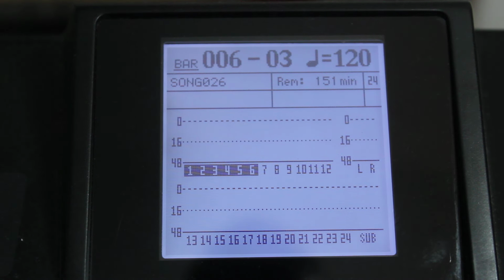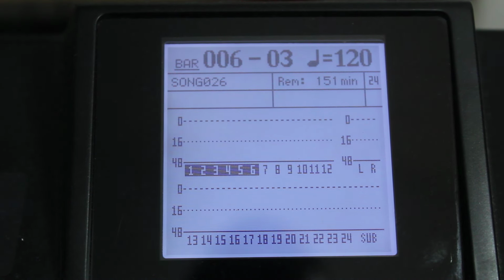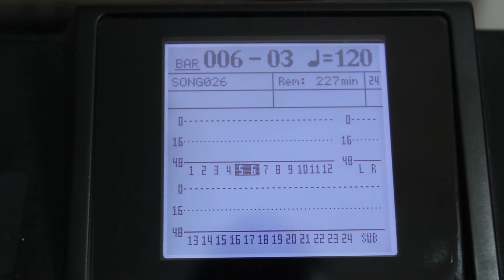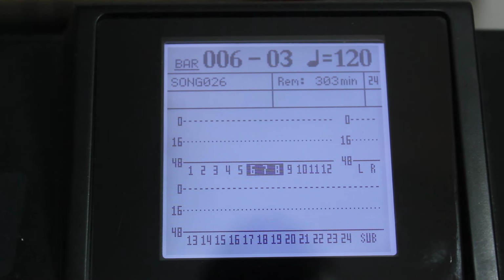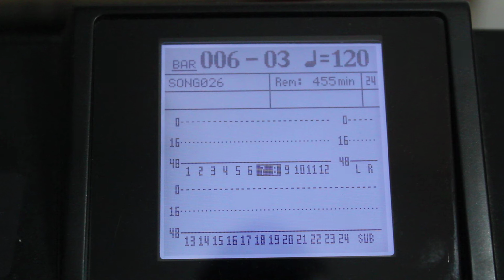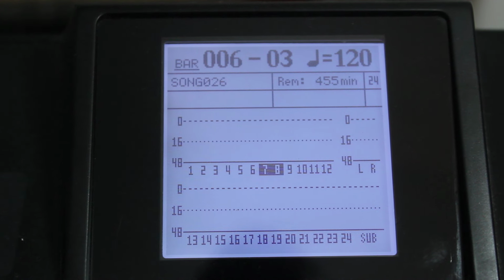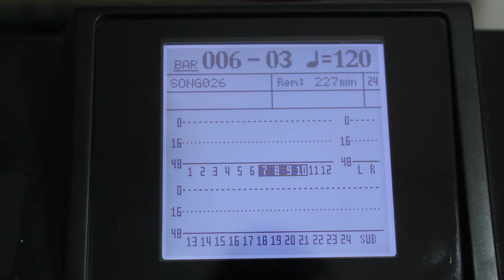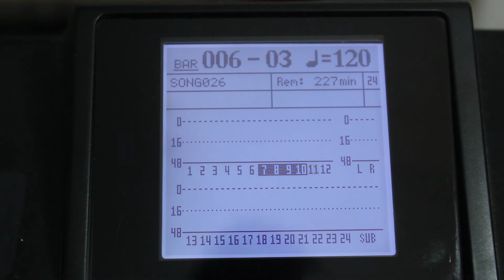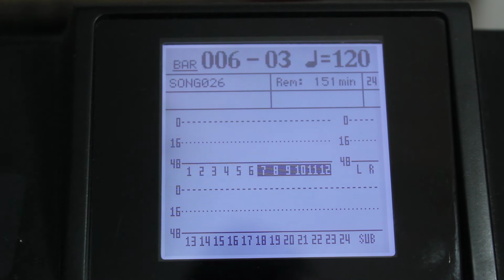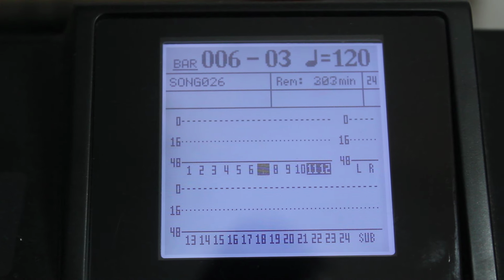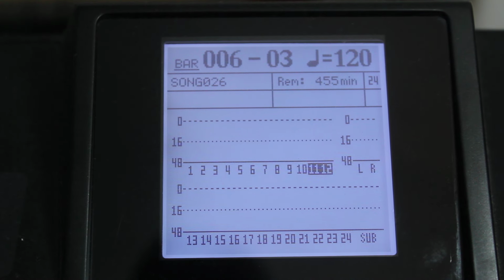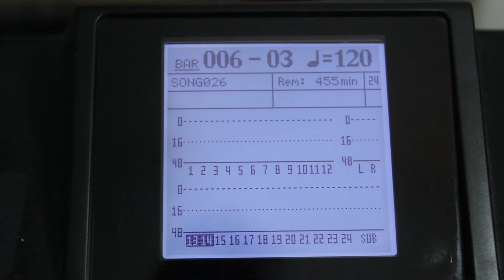And you've also recorded two guitar parts on tracks 7 and 8, and maybe a couple acoustic parts on tracks 9 and 10, and then on 11 and 12, 11 you did a lead vocal, 12 you did a bass line. That's kind of how I do it anyway. And then here you have a synthesizer,